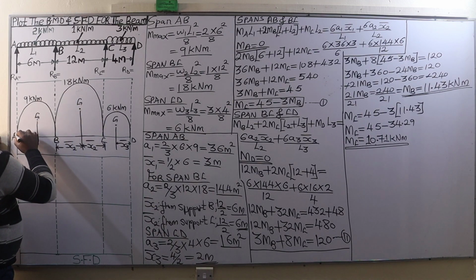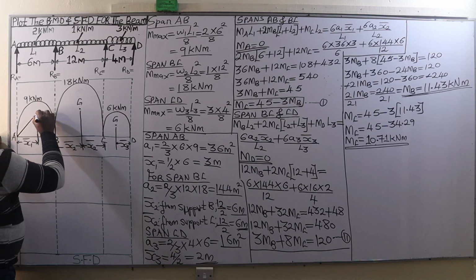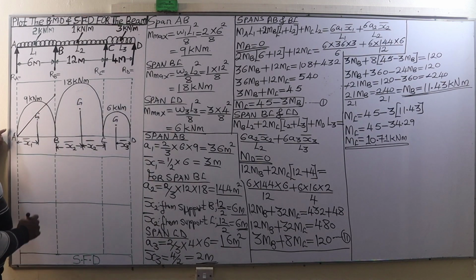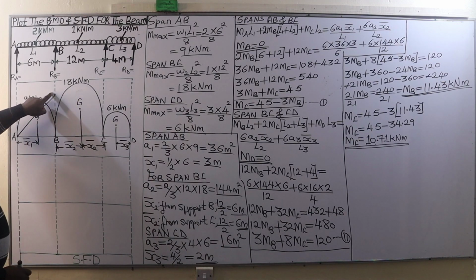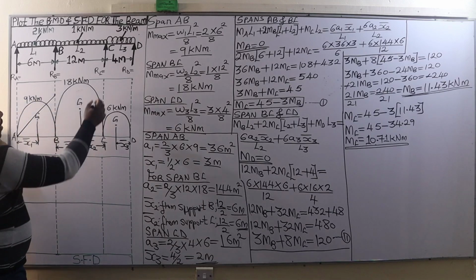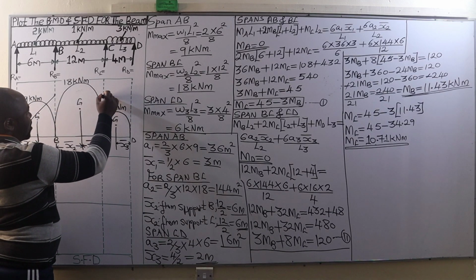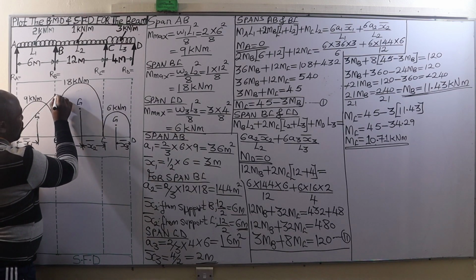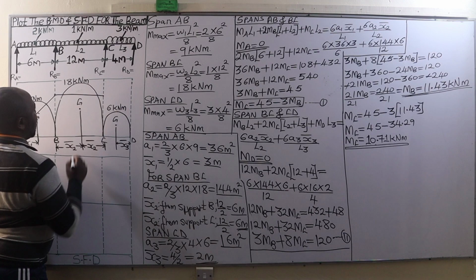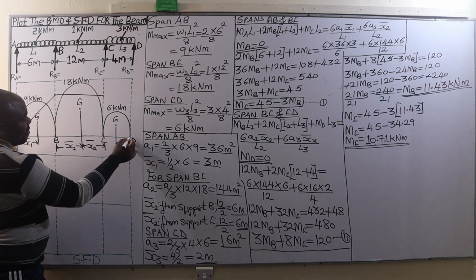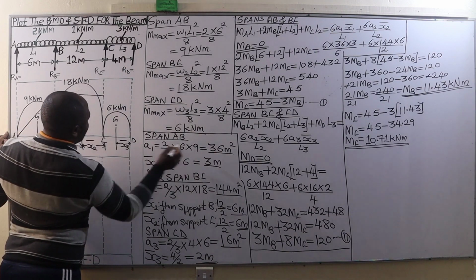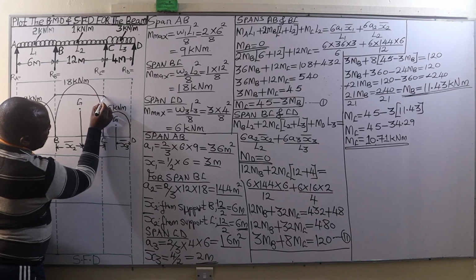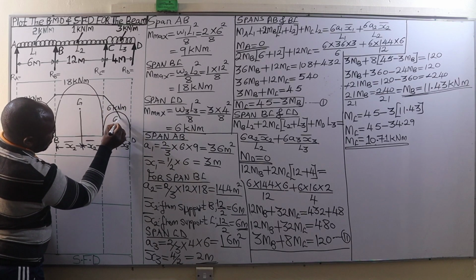Let's approximate it at that point, and then we join it there at B. Bending moment at C is 10.71, just some few units below this 11, so we join it there. And then bending moment at D is 0, so we are going to drop this line and join it to